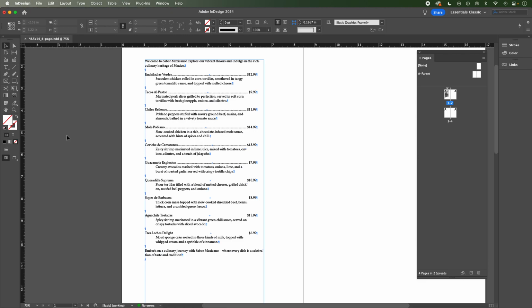We're going to do some enhanced formatting on these menu items using paragraph styles in InDesign. Paragraph styles are very important. They bring consistency, of course, greater efficiency, absolutely, when it comes to formatting a document, large or small. And it also helps when that document has to go into any digital interface such as ebooks or tablets and